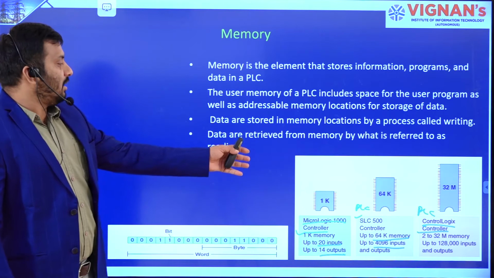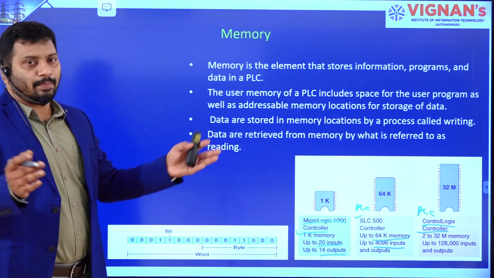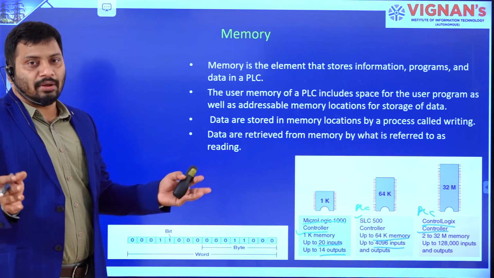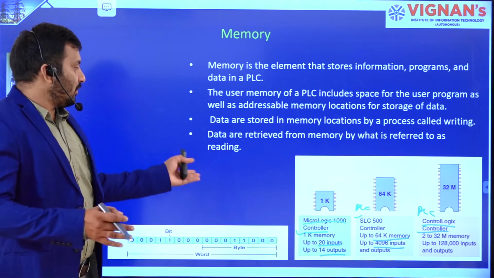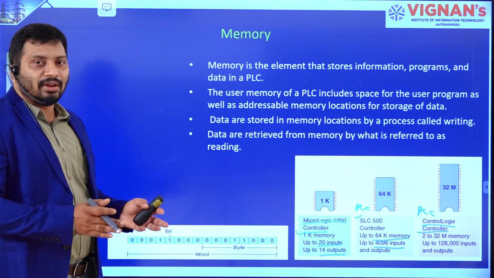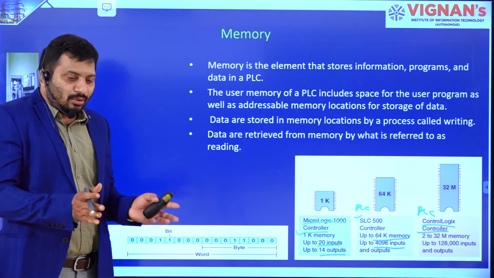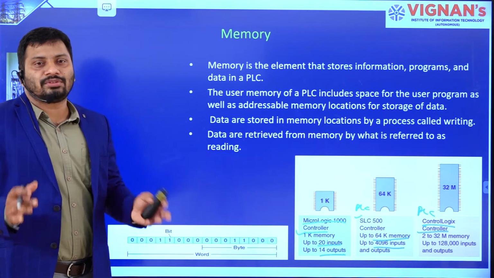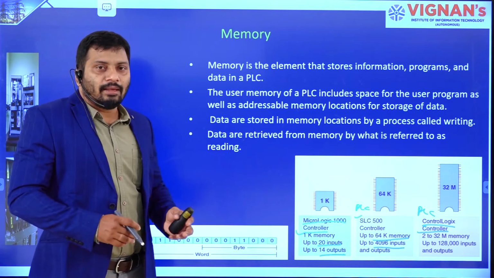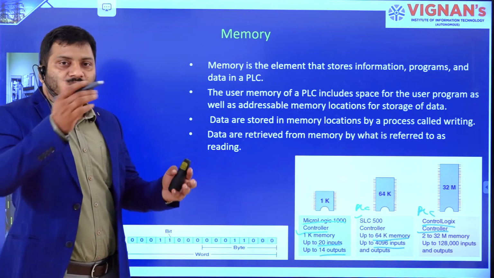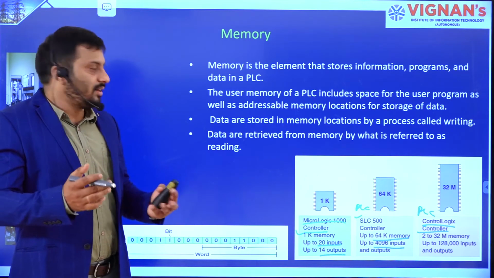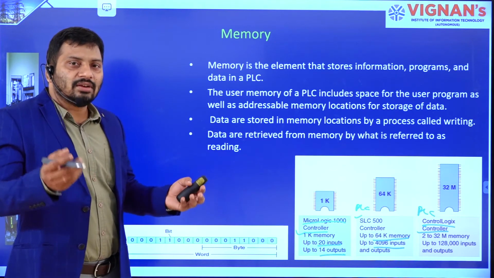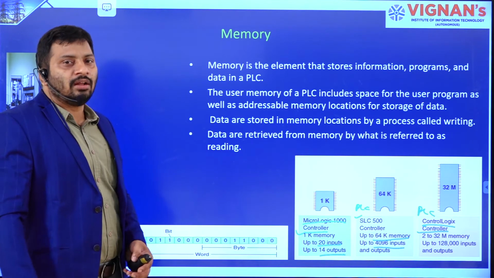Why? Because its internal memory is very high, 32 MB of memory. First, you see 1 KB of memory. If memory is less, then you cannot load a huge program, and you cannot connect a high number of inputs and outputs. If you go for a high-end processor, you can interface more memory. That is the reason high-end PLCs have huge amounts of memory as well as a huge number of inputs and outputs you can control, right?